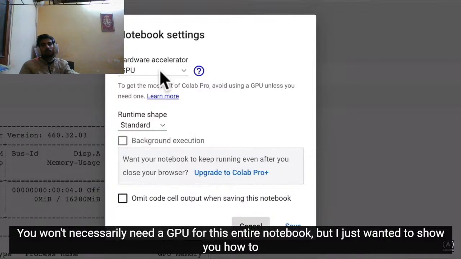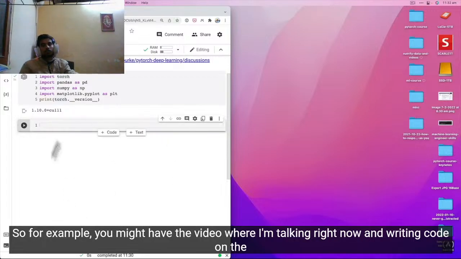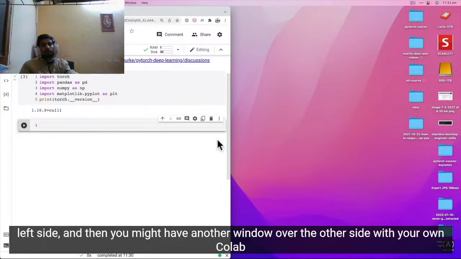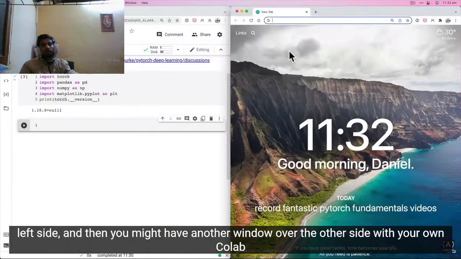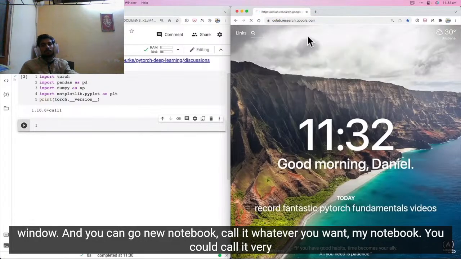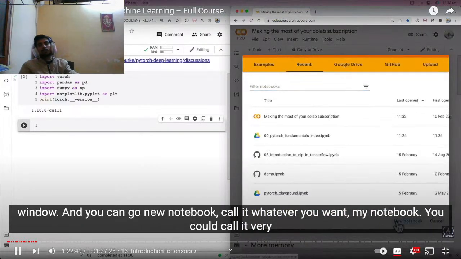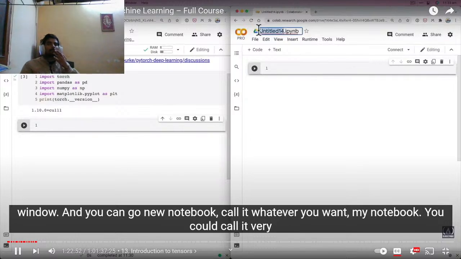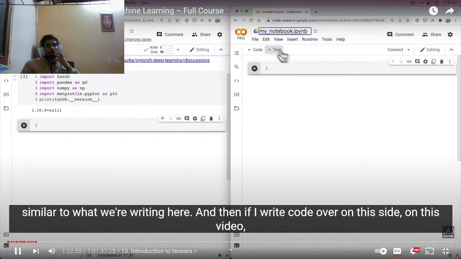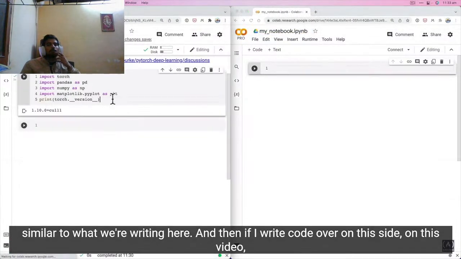And one last thing, how I'd recommend going through this course is in a split window fashion. So for example, you might have the video where I'm talking right now and writing code on the left side, and then you might have another window over the other side with your own Colab window, and you can go new notebook, call it whatever you want, my notebook. You could call it very similar to what we're writing here. And then if I write code over on this side, on this video,